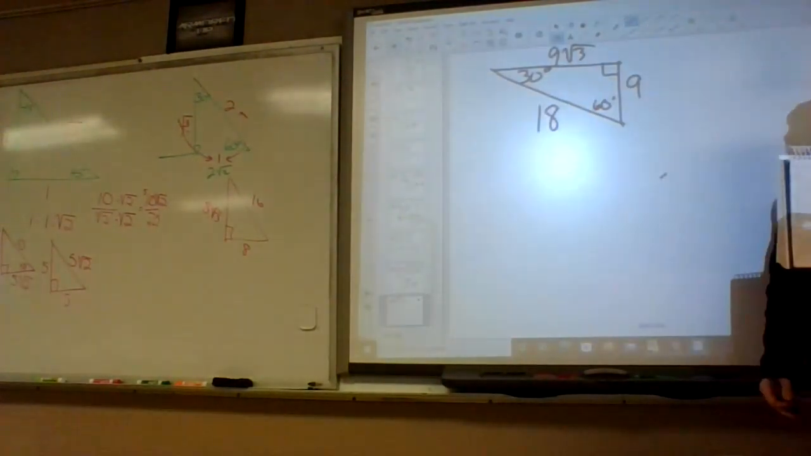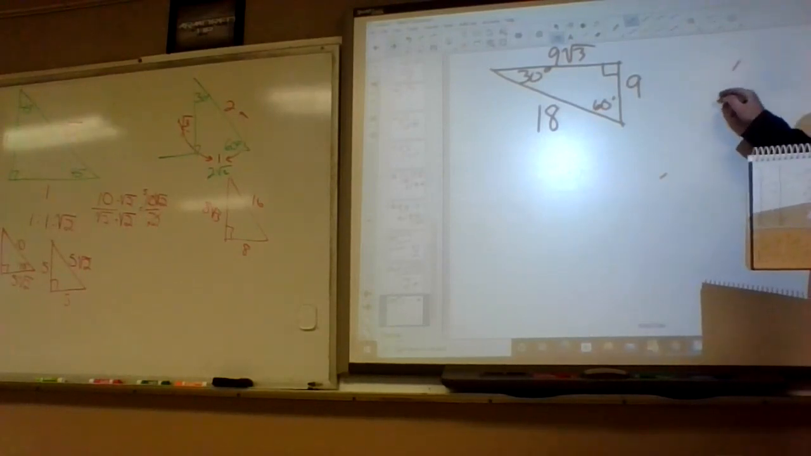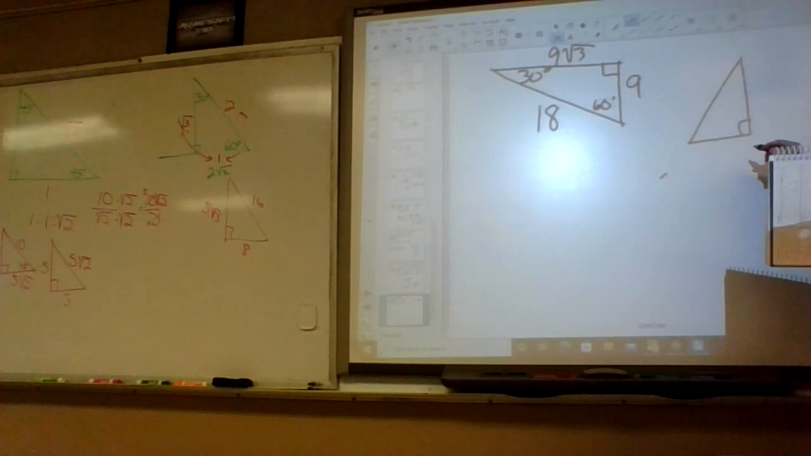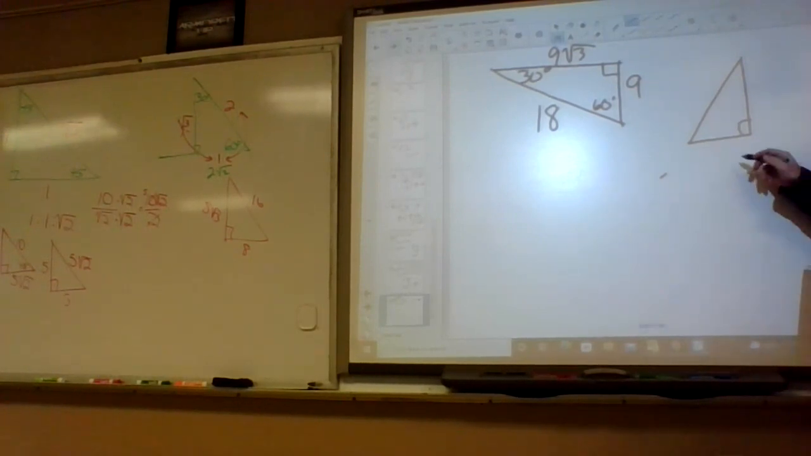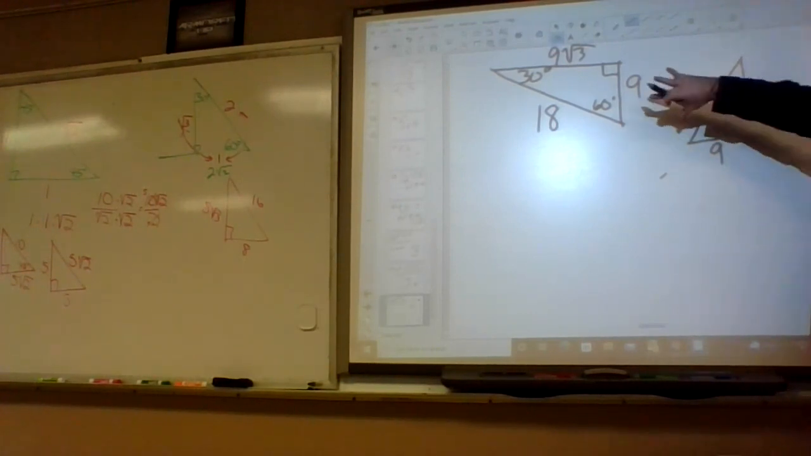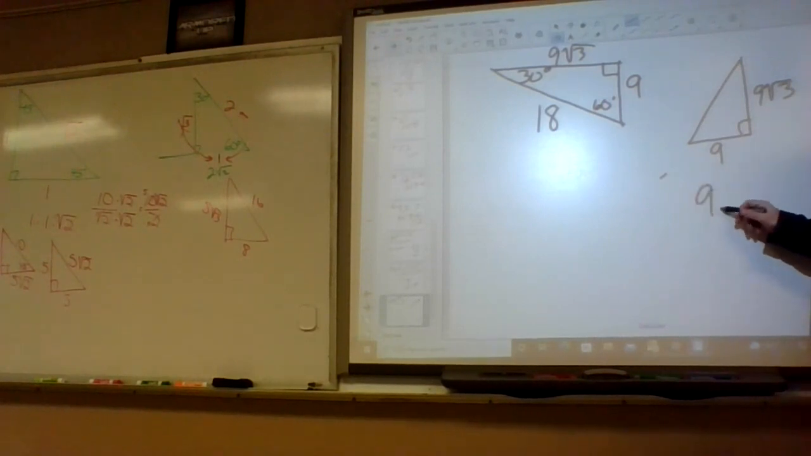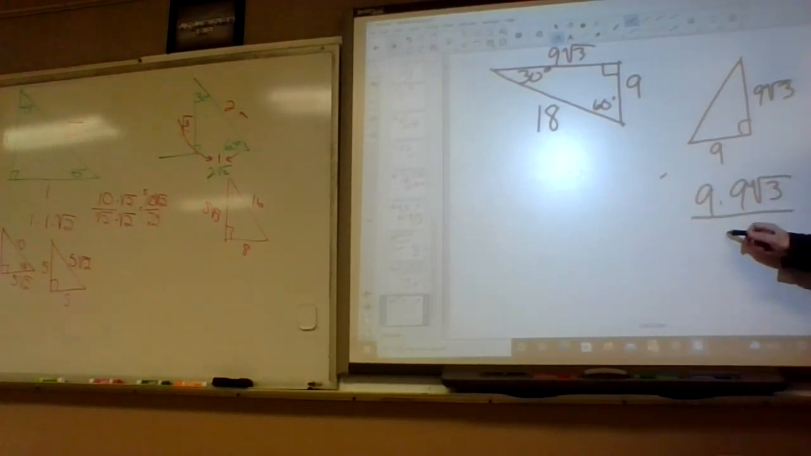Well, that's nice. We found all the sides, but the question was, what's the area? So how am I going to find the area? Base times height divided by 2. But what's my base? What's my height? Well, on a right triangle, you can use the legs as the base and height because it goes straight up. So I can use the 9 and the 9 square root of 3 as my base and height. So it's base times height divided by 2. 9 times 9 is 81, times square root of 3, divided by 2. Since 81 doesn't divide by 2, you can leave it like that, but